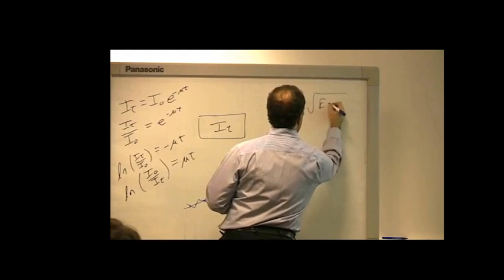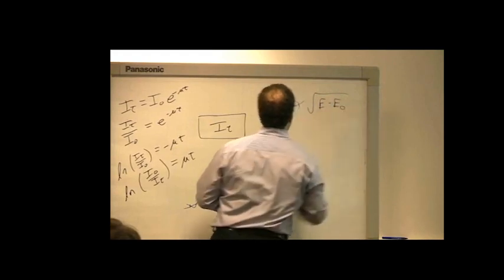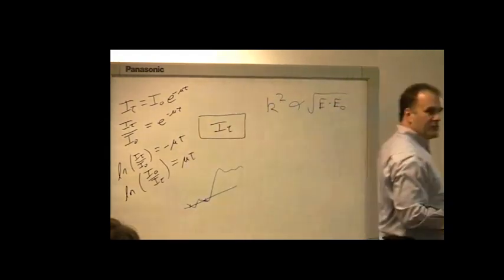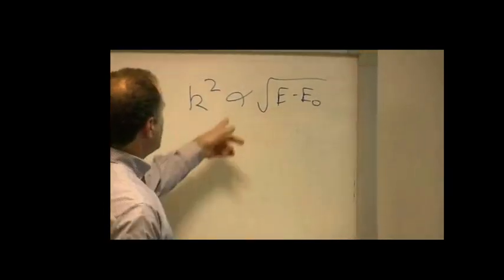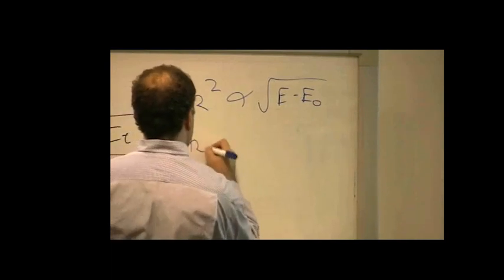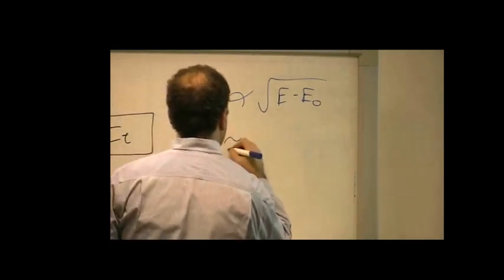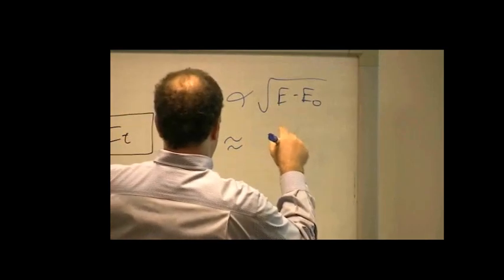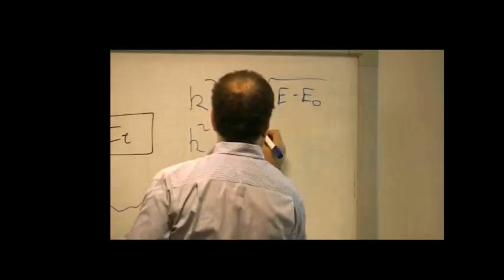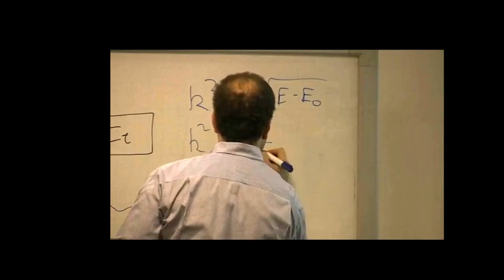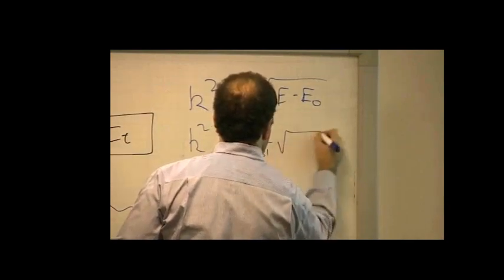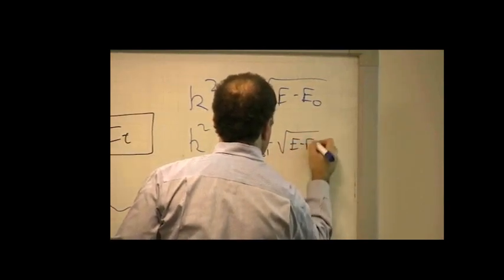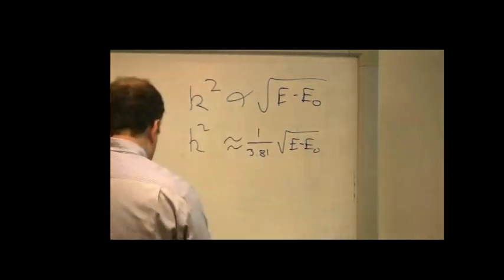So K squared is proportional to E minus E naught. The proportionality constant is approximately 3.81. So E naught,